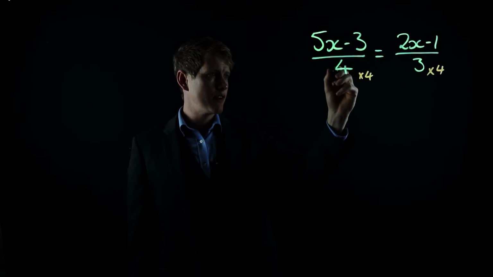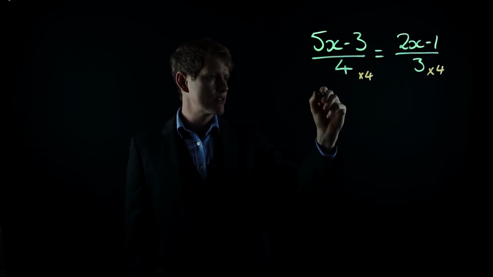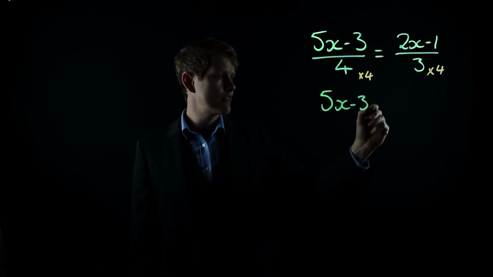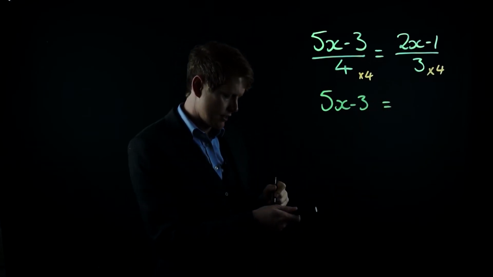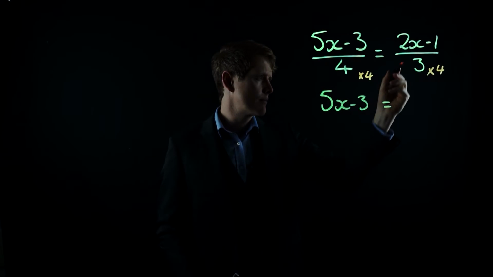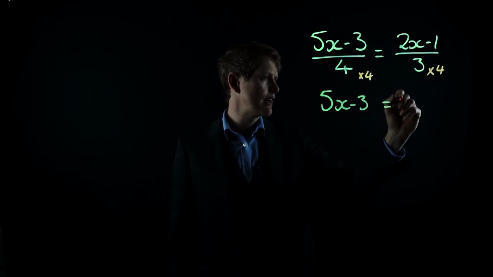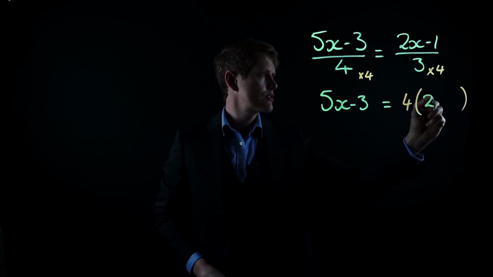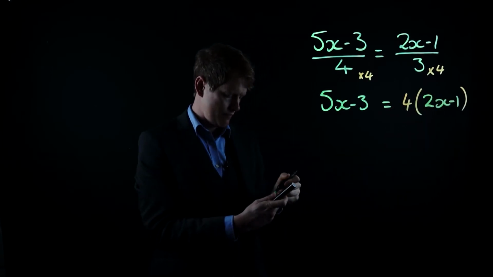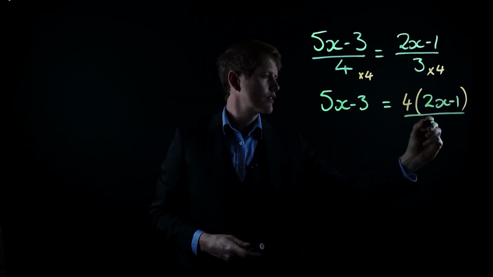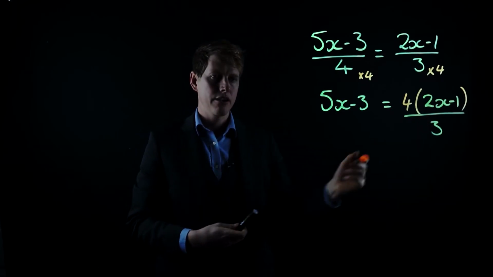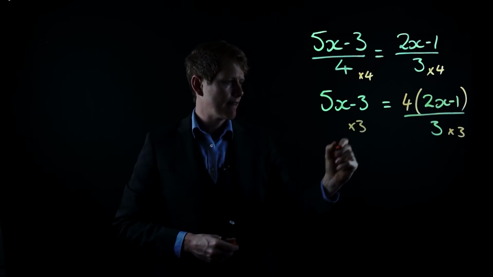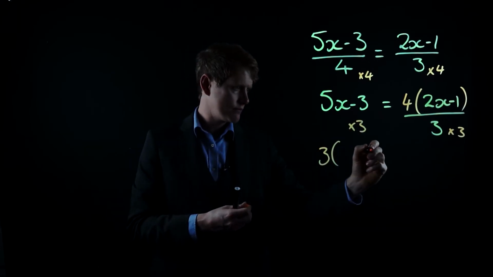Well, 4 divided by 4 multiplied by 4 cancel each other out, so it just leaves us with 5x minus 3 on this side of the equation. And on the other side of the equation, well, we need to multiply it all by 4, so we're going to be left with 4 multiplied by 2x minus 1 over 3. Now to get rid of this, I'm going to multiply both sides by 3. And that'll leave us with